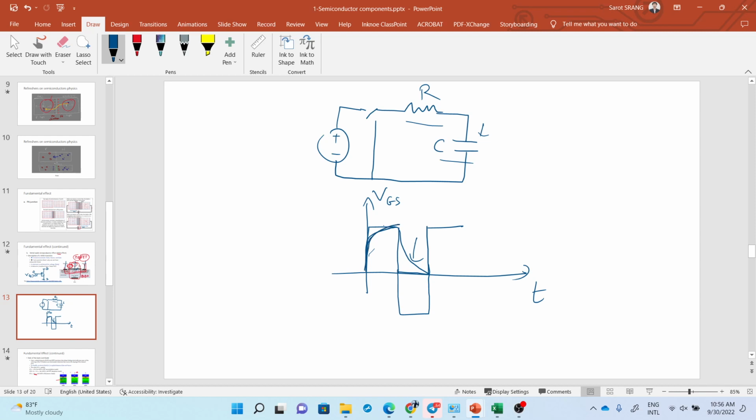You give it maximum voltage, but then you want to turn off completely, or you want to recharge fast, so you need VGS to be negative, okay, something like that. But because this one cannot,